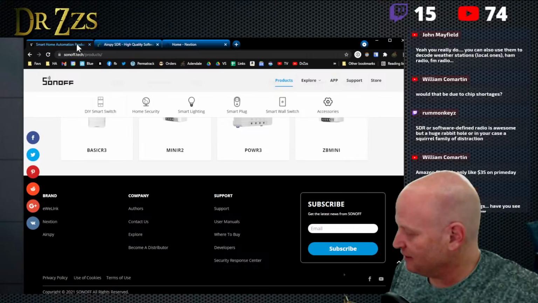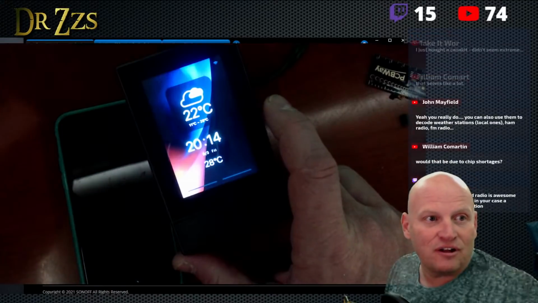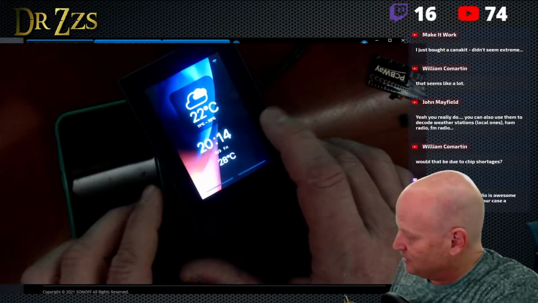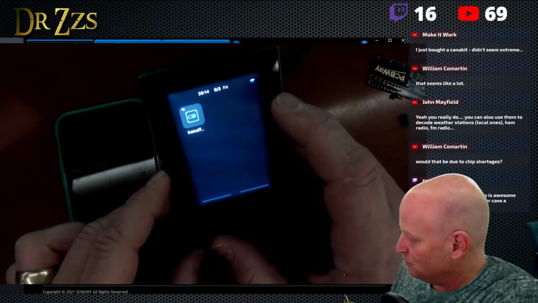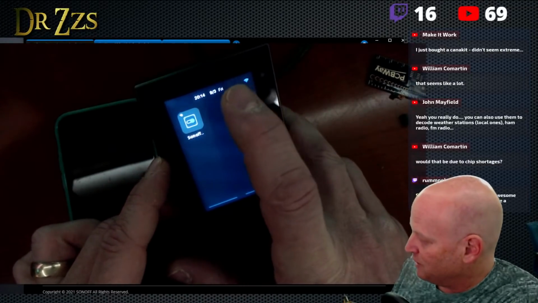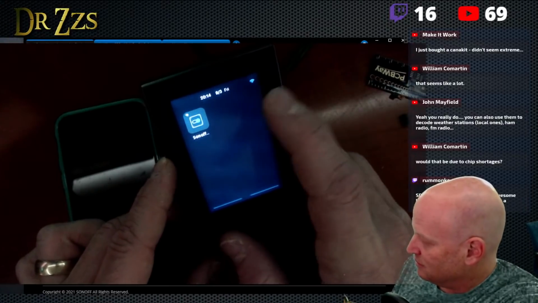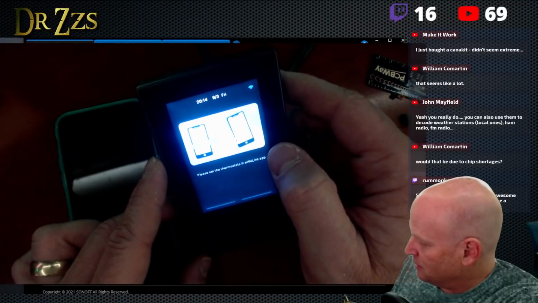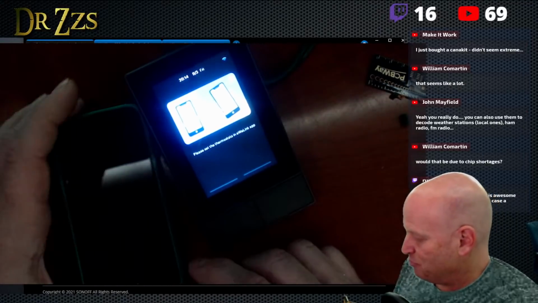Okay, there we go. Looks like sure enough, all we had to do was update and fix that little aspect ratio thingy. Okay, so here's my mini on the widget page. Set the thermostat in the eWeLink app.